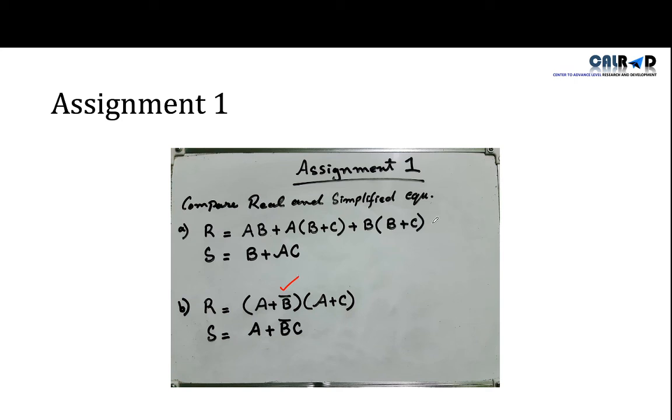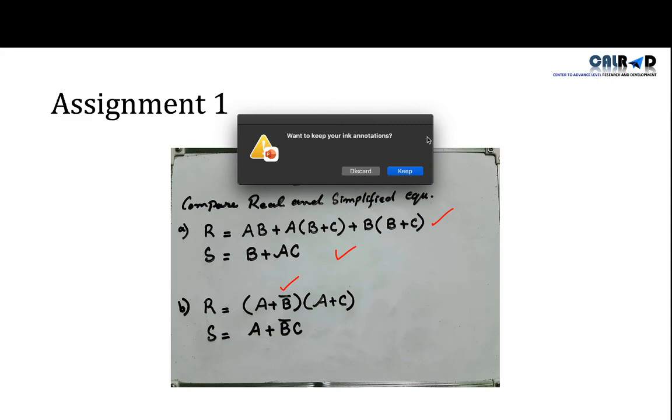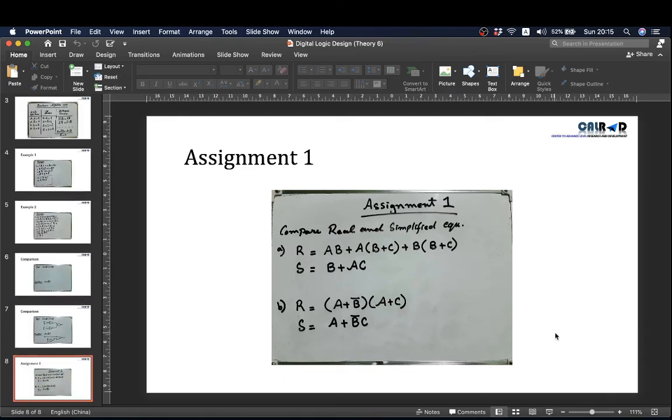Your main goal of this assignment is to draw this block diagram and check whether the outputs are the same or not. So this is all for our today's lecture. These assignments are only submitted on the LMS system, and the deadline is also given there. I think it is the 29th. Before 29th night 11 p.m. you have to submit this assignment only on the LMS system.